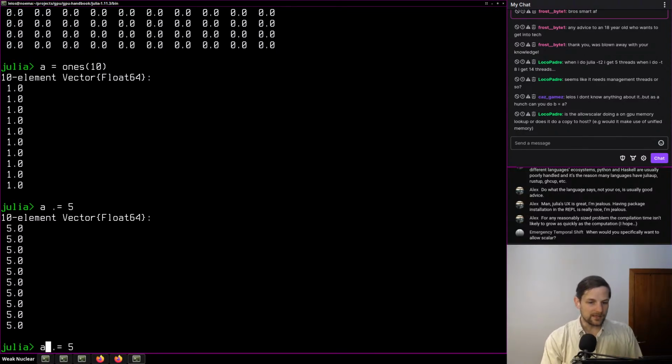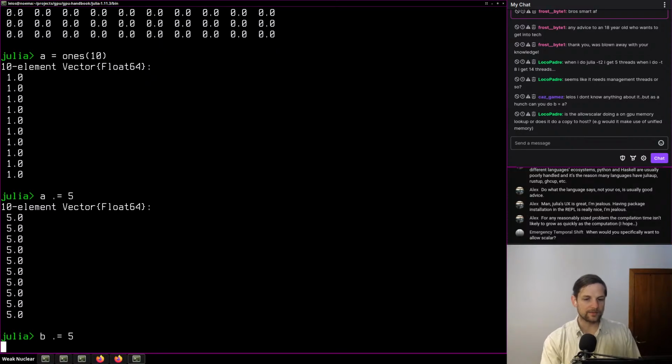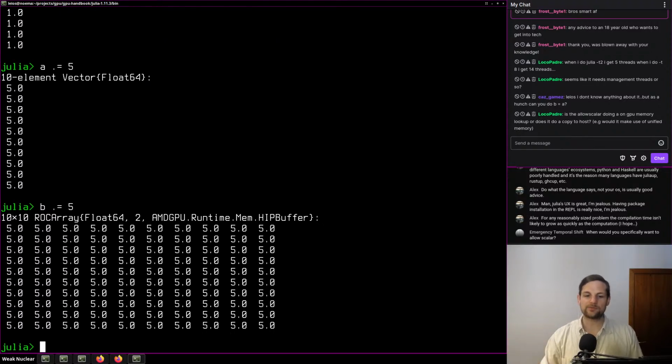So that if we do B dot equals A, this one's actually going to work. It's going to take a second to do pre-compilation, but this one will work, right? Because we're not just taking index 1, index 2, index 3. What we're doing is we're transforming this broadcasting command into a GPU function that now works on the GPU, right? And so what we've done is we've taken the Julia syntax, which is already meant to work on an array, and we've transformed that into a command that is now meant to work on every element at the same time,